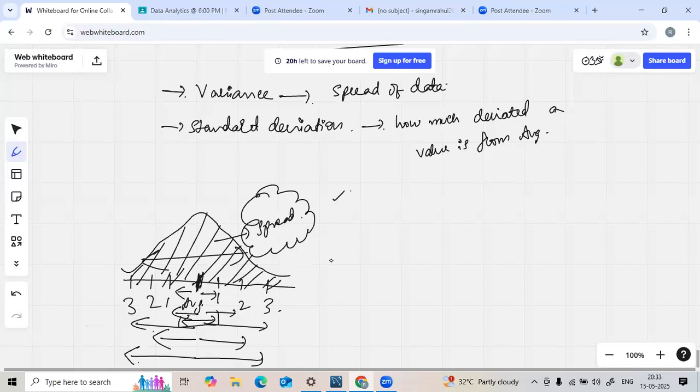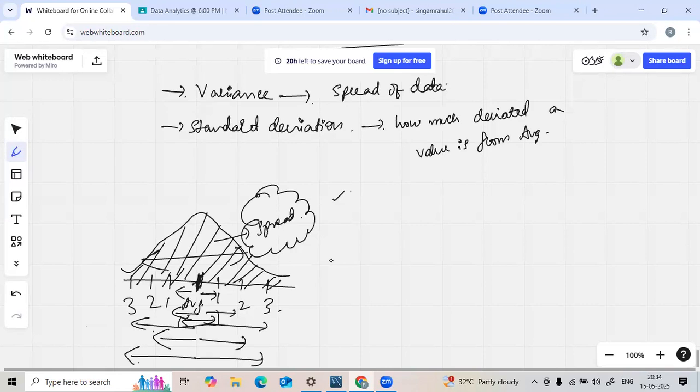So basically, if you are more interested to understand what is the central element, what is the middle value, what is the central value available in the data set, then you will be going with a concept called measures of central tendency. That means mean or median or mode. But if you are more interested to understand how much spread is there in the data, what is the deviation between the data points, then you consider going with a concept called measures of dispersion. And in measures of dispersion, you have two more concepts called variance as well as standard deviation.